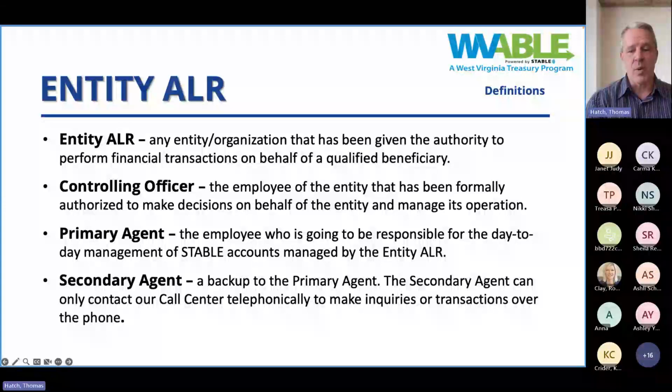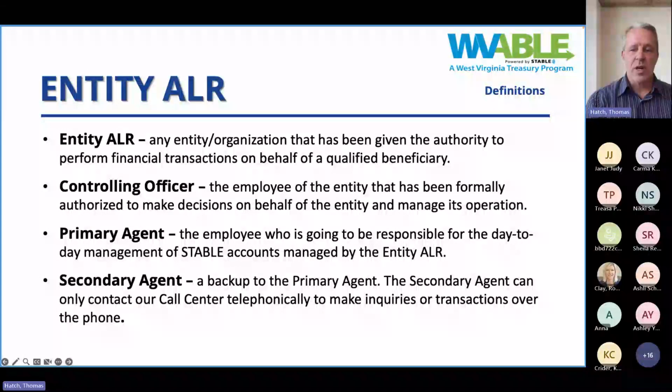And Roxanne already kind of went over those qualifications for the beneficiaries in these types of accounts. So do you have, via any one of the three structures that was already mentioned, either a power of attorney, a guardianship order, or conservatorship, or as a rep payee, within those capacities, do you have the authority to perform financial transactions on behalf of this individual? If so, then this could be a structure that you could open up and utilize.